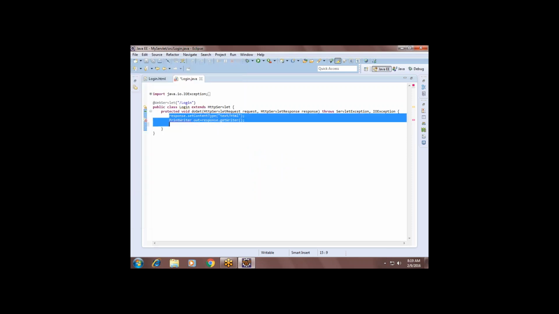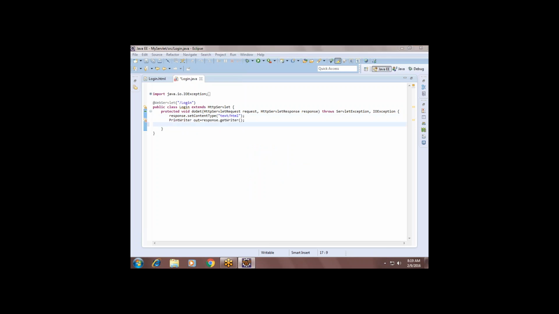These are the common steps you have to take in every servlet, guys. PrintWriter out equals response.getWriter. I saved it.